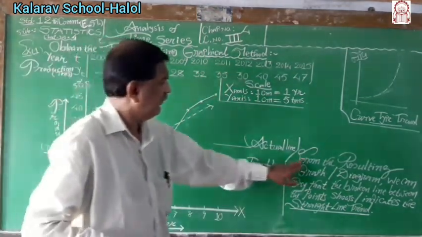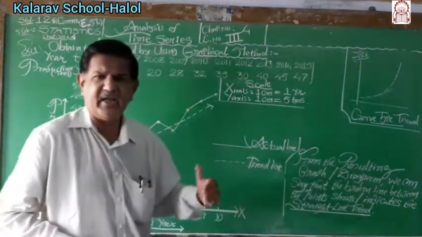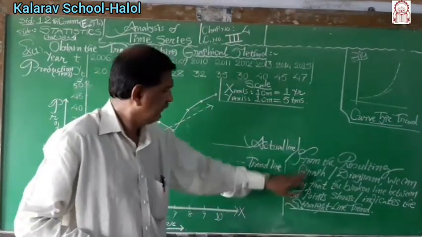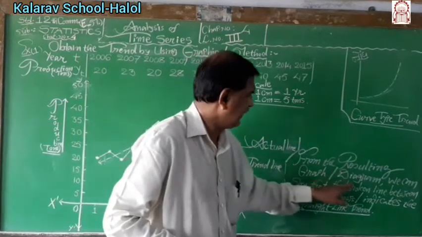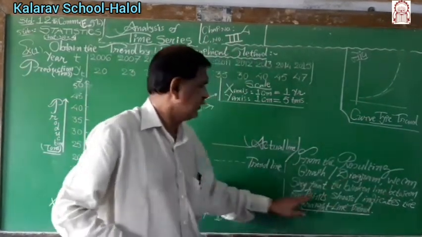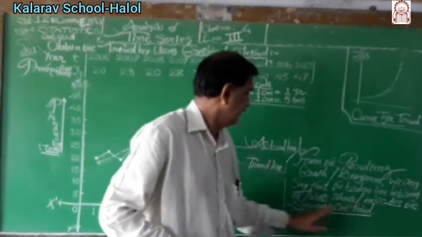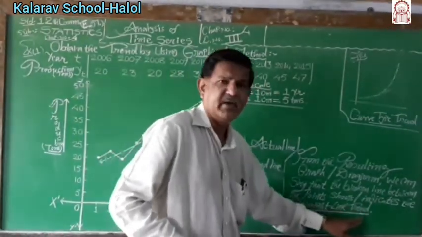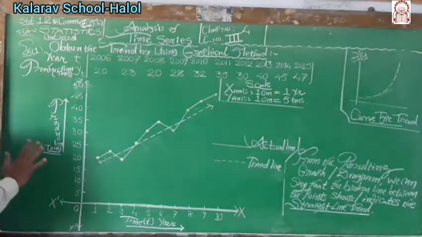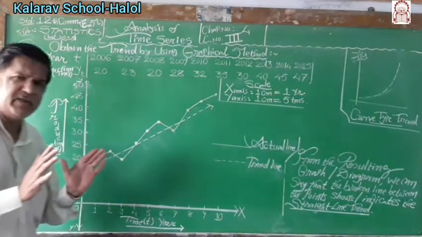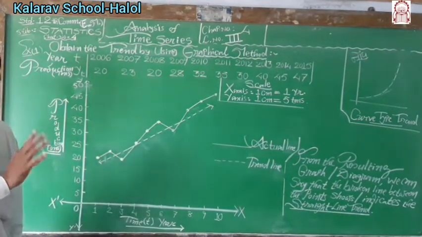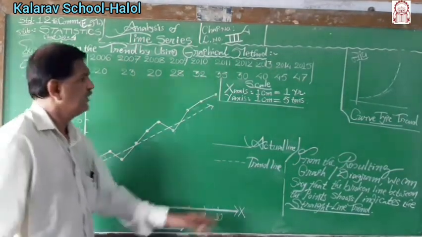Therefore, from the resulting diagram or resulting graph, this is the conclusion: we can say that the broken line between the points indicates the straight line trend in the data. This is graphical method only. We can judge only the trend for the given values, and no more calculation is needed.